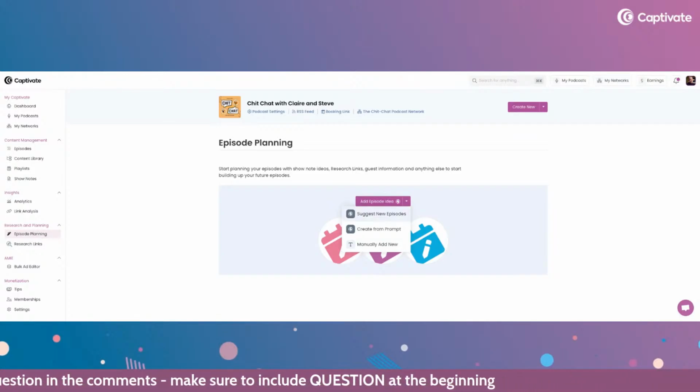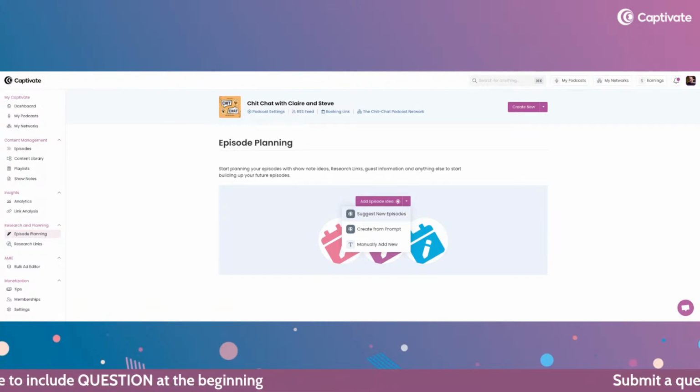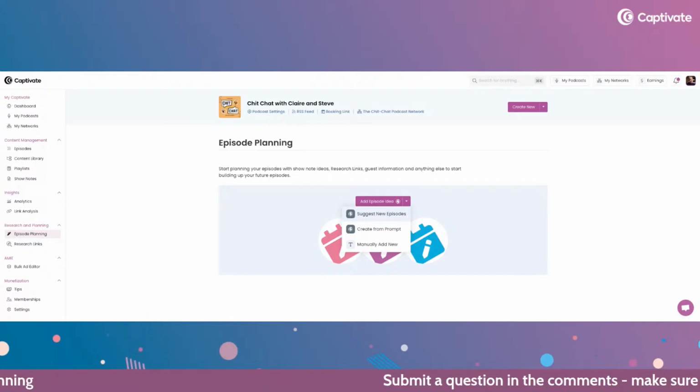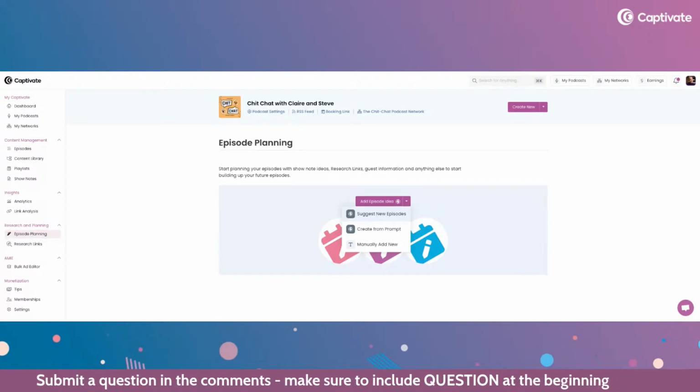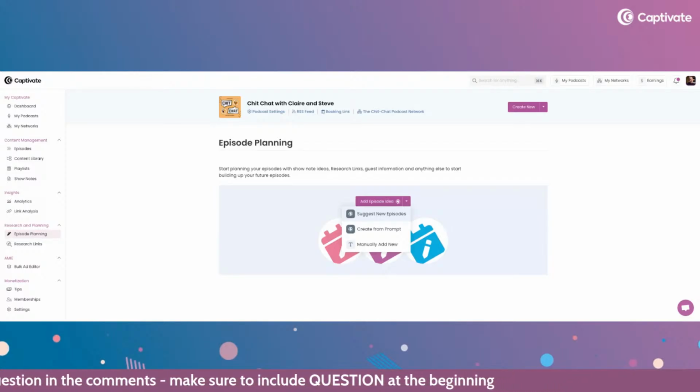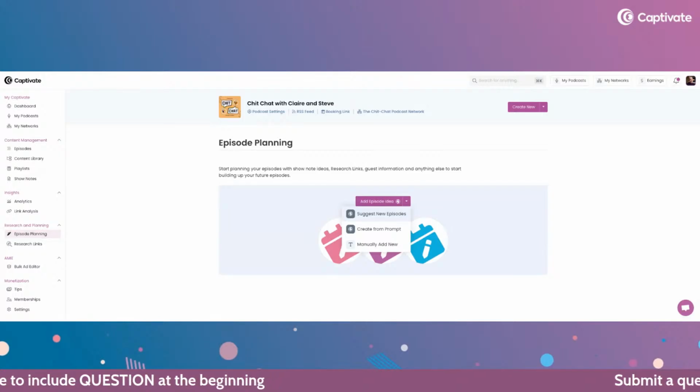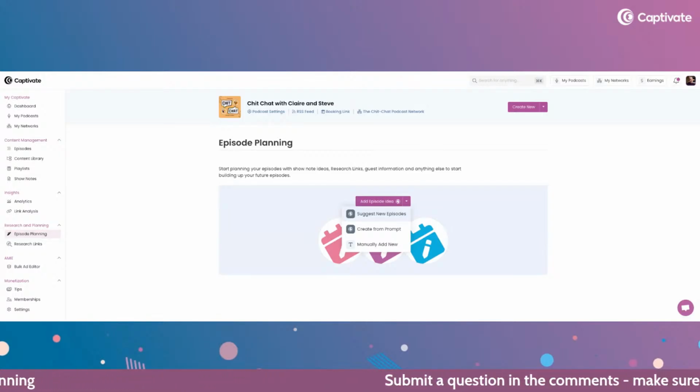And what this does is it will look at the analytics for the previous 30 days for your podcast, as well as the content on your show that's getting the most traction, so the most listeners, the most downloads, etc. We'll also look online at some of the trending topics and trending discussions around your podcast topic and the topics that you generally publish your episodes about. And we'll pull in ideas based on that.